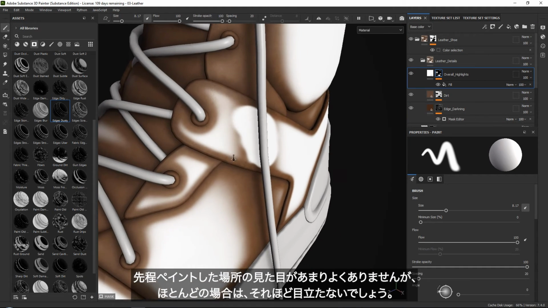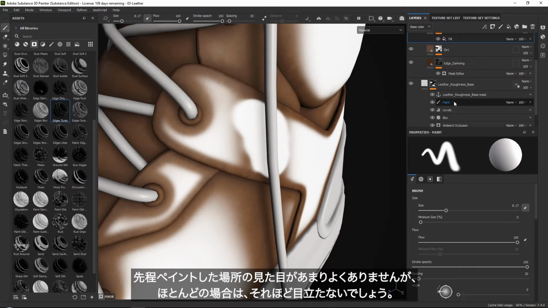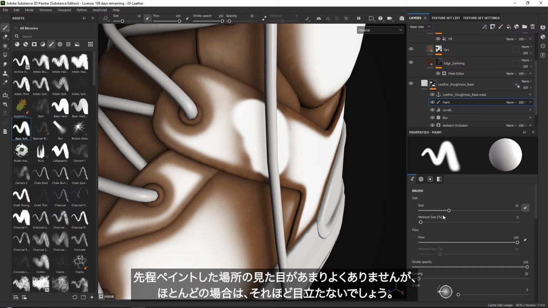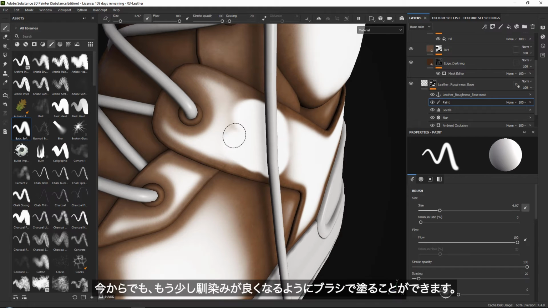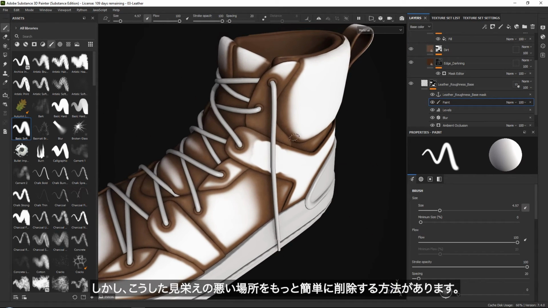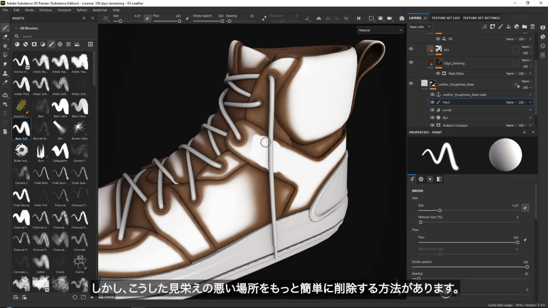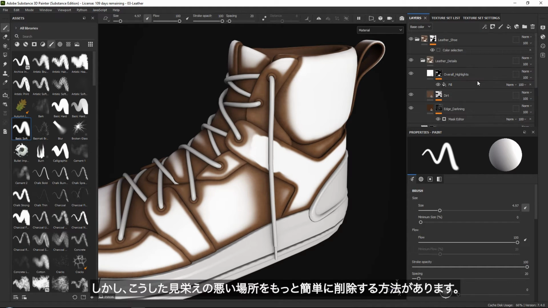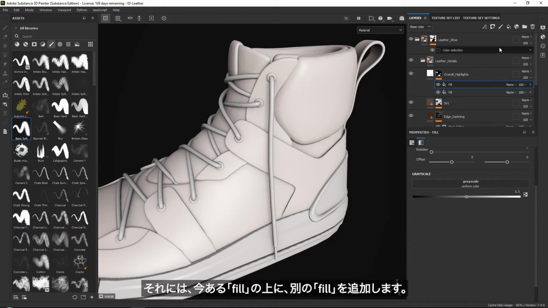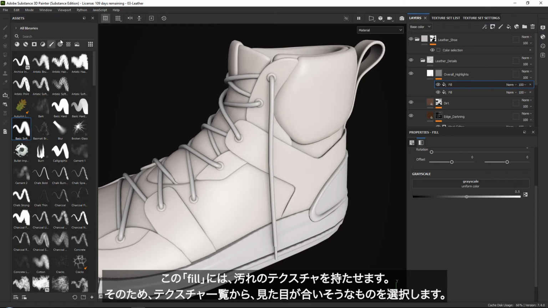If you get this effect, which might not look very nice, although it will most likely not be that noticeable, you can always go in and just paint a little bit more over here, see? Just to blend it in a little bit better or make your brush a bit smoother. But I will show you a way that we can easily remove this ugly looking spot over here. The way that we are going to do that is we now have our fill over here, that's totally fine. I now want to go ahead and add another fill, but this fill will have a